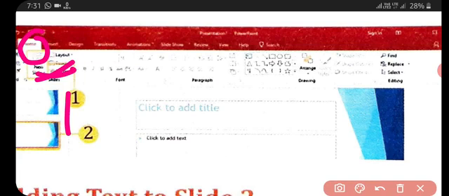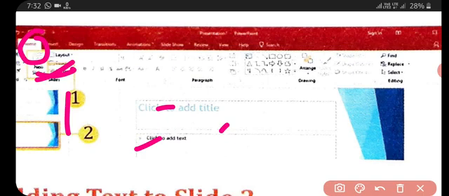And if you are adding text to a slide too, you can type the text in the same way as you typed the text in your slide 1. Click on the title text placeholder box and type your text, then click on the subtitle text placeholder box and type your text, and a bullet appears beside your text.